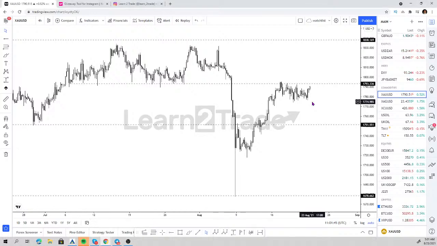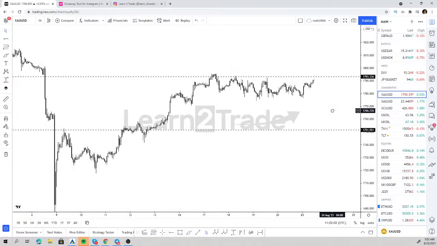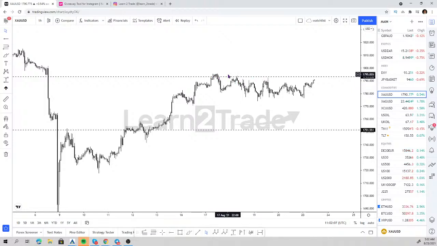Right, so that idea, the long idea in gold, is still very much valid for the VIP group and for the swing trading group, both very much valid. We are seeing some very nice bullish momentum right now. But again, if you look at the hourly, this is a heavy level. So like I said before, I'm not going to be the first on the trade, but I'm going to be the most secure on the trade, because if we break these highs, then we're going to see some bullish momentum in this market, right? Nothing more to say about this other than that, right?